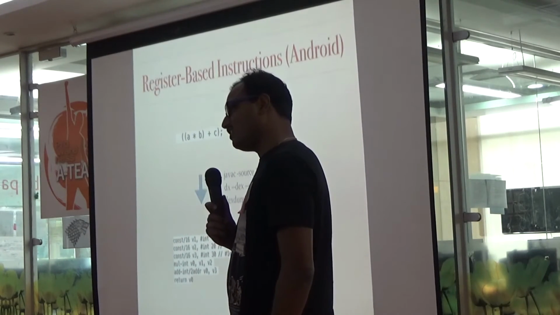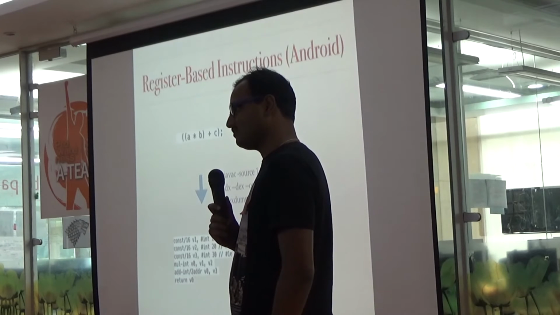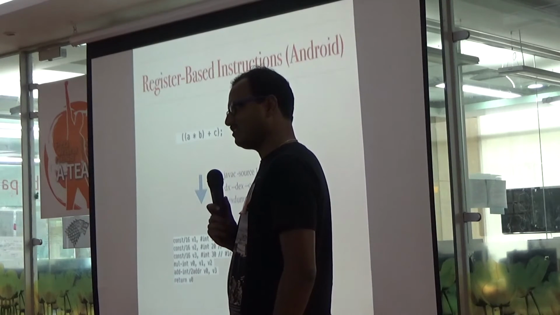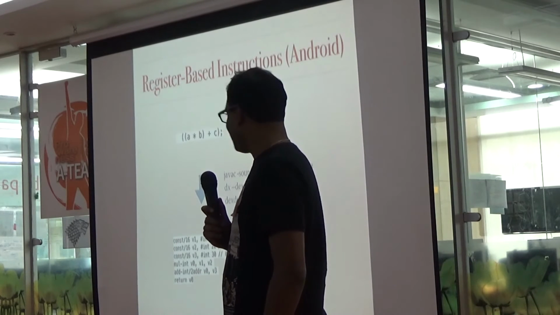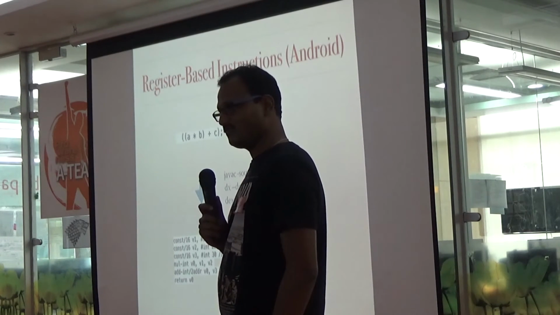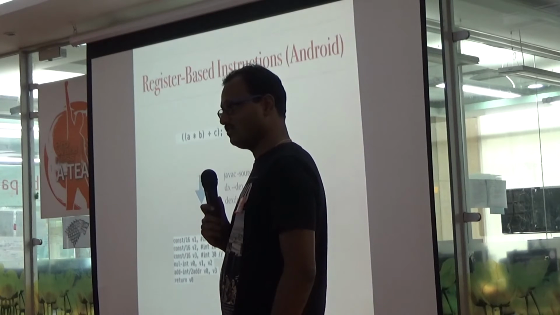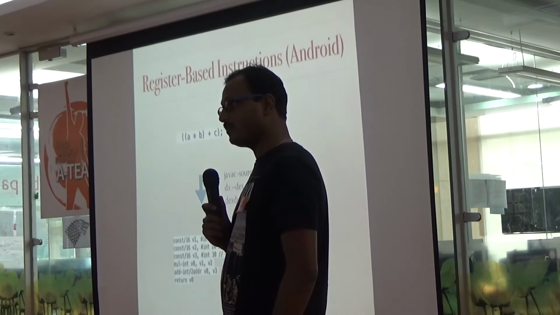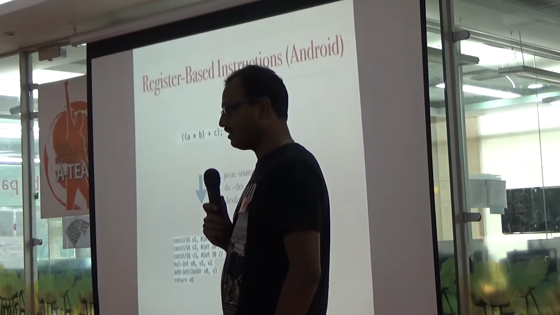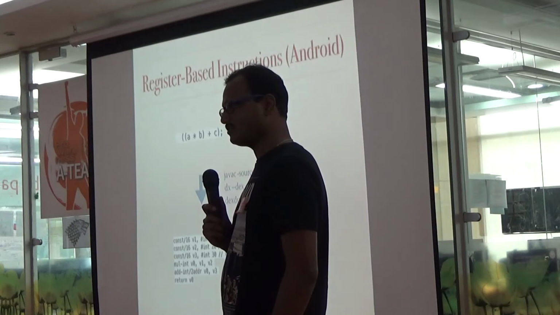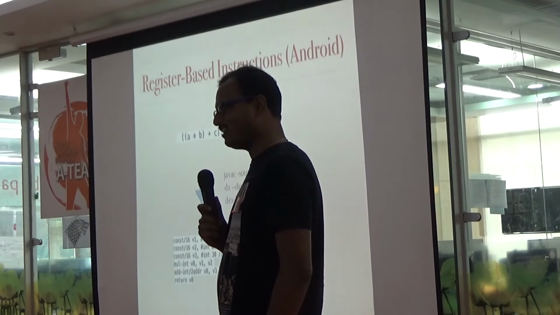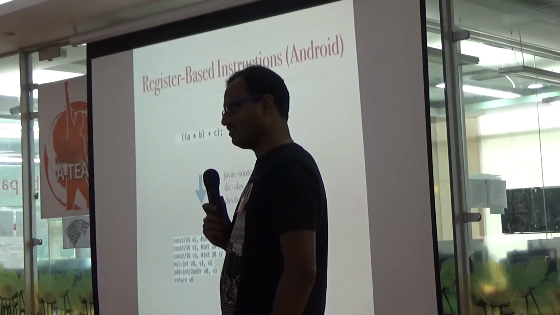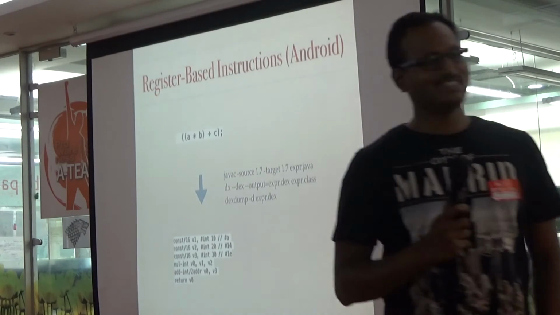What does it take to generate this code? It looks very complicated. Yes or no? You have to create a register allocator which can allocate registers for you, and then you have to remember what is the source register, what is the target register, and then generate this code. Yes or no? What if I say that you can do it in 10 minutes or more? That's awesome, right? Let's see this.